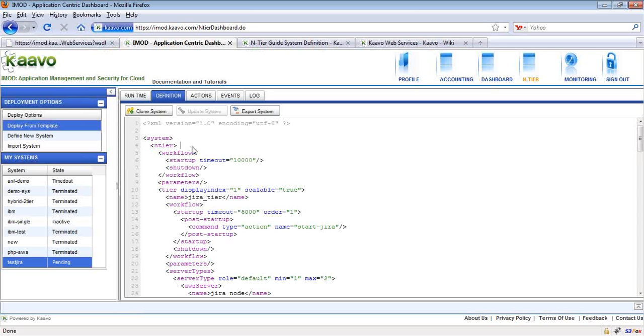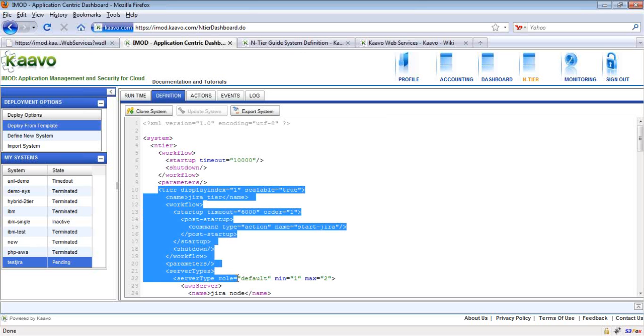In this case, it's a single tier application. And nested within it is a tier element. Actually, there may be a number of tier elements if there are multiple tiers, but in this case there is only one tier, so there is only one tier element here.